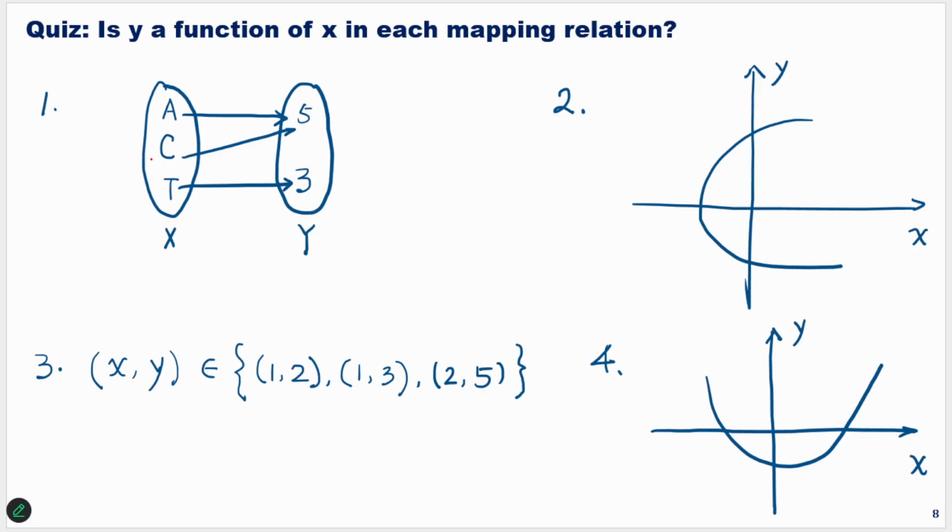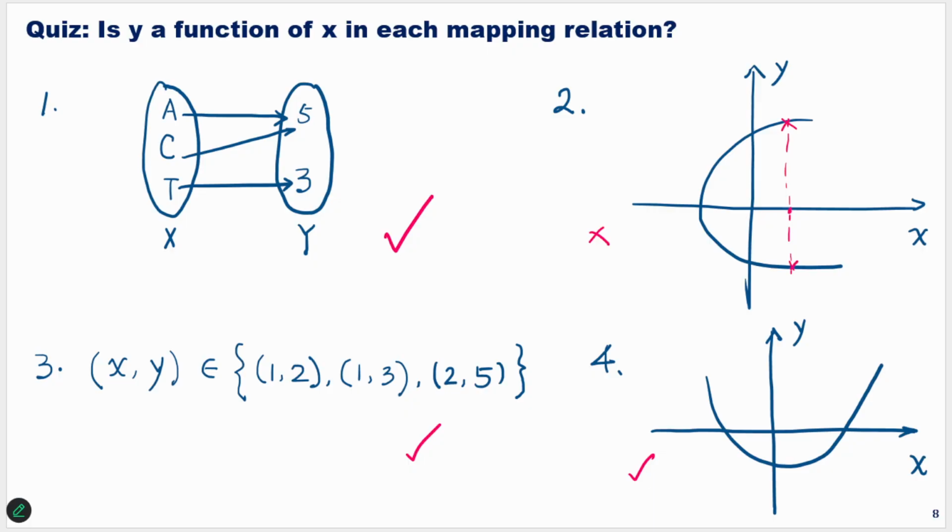The first one is yes, second one is no, and third and fourth are yes. Okay, very good, because number 1, 3, and 4 are in accordance with the definition of functions. For every input, there is only one unique output, right? But for the second one, there at least exists a point here, for example, that corresponds to 2 different outputs,